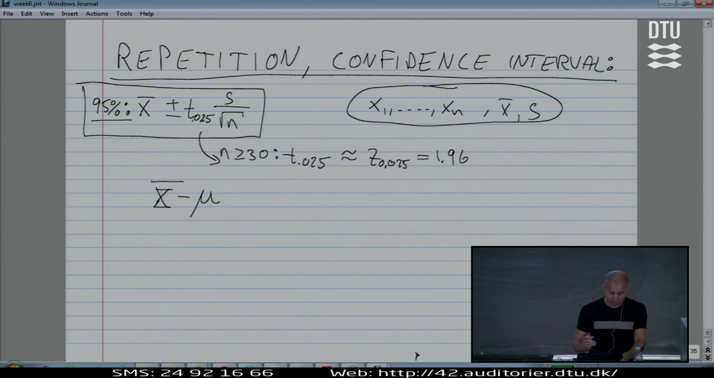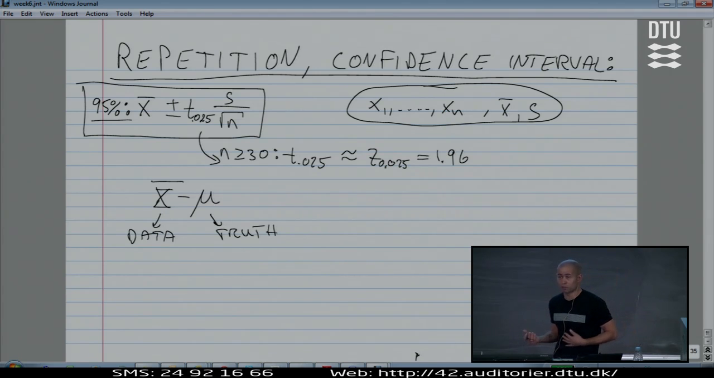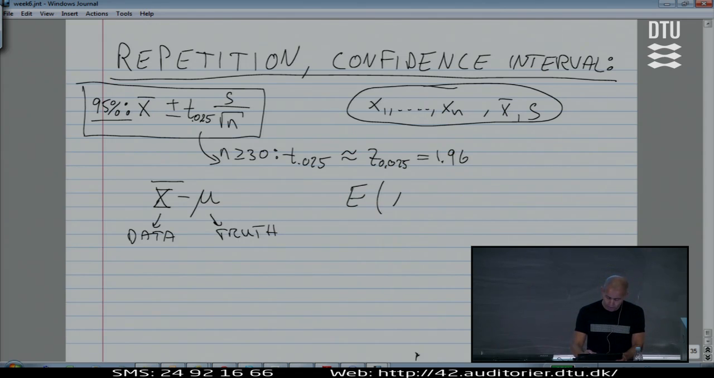Can I say something about this difference between, you could say this is the data, this is the truth. I should be concerned with this number. What can I say about this error that I'm making, you could also call it? This is the error I make when I look at data. This is the difference between my data and the truth. I have to acknowledge that it will always be there. The good news is, and that's some of the theory that we learned last time,